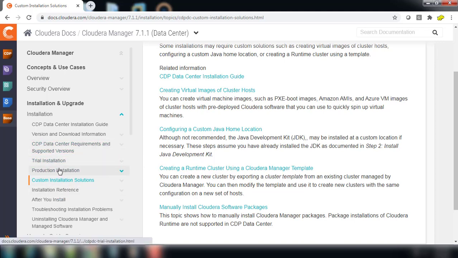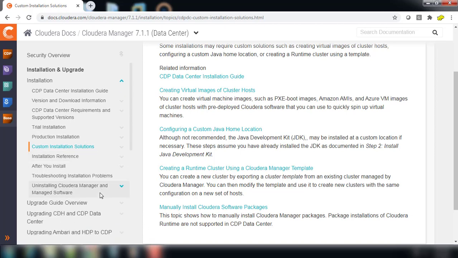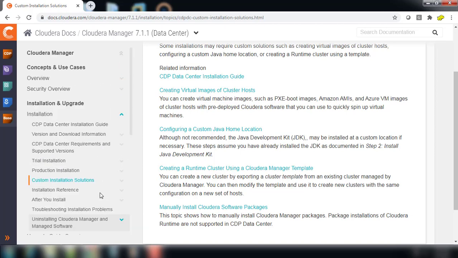Whichever option you choose, there are some common prerequisites that you need to do, which are almost the same as in the previous Cloudera or Hortonworks distributions. There are also some post-deployment activities that ensure you have proper performance and your cluster is secure. I hope this is very clear.